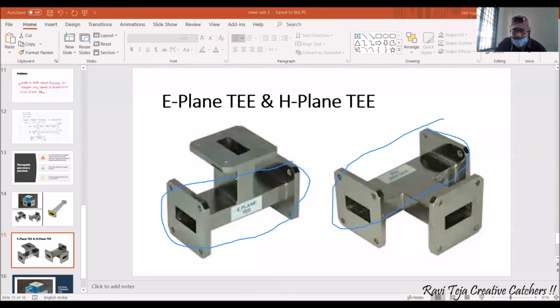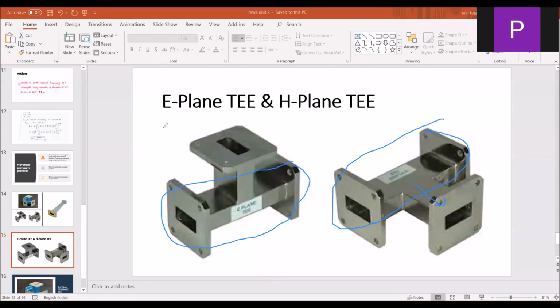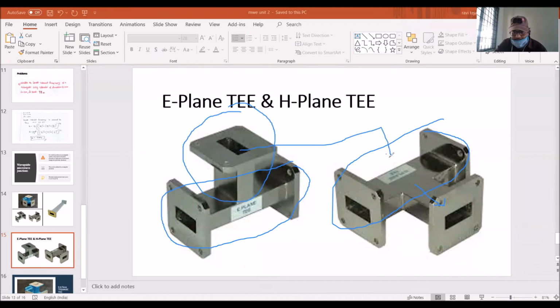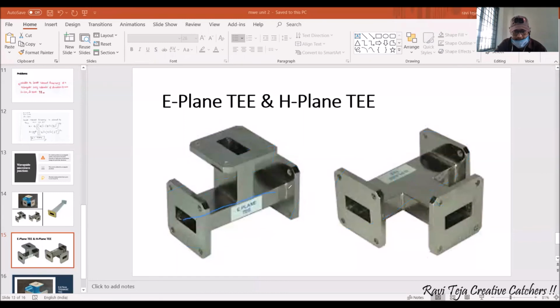So instead of designing two separate things, I will design this particular plate common, and I will put one horizontal port, and I will cut this one and put it here. So I will get it like this. These two have the same common plates, there is a horizontal plate. I will cut this part and put it here. So how does it look? See, a 4-port rectangular waveguide. Yeah, it looks somewhat like this.